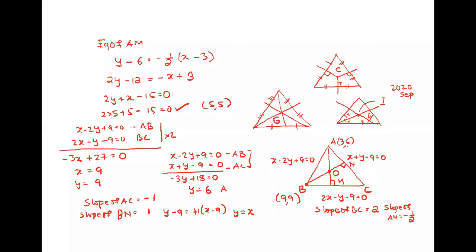How to get the slope in the first case? When you know the slope of BC, can't you find the slope of AM? m1 m2 is equal to minus 1. Slope of BC you know, so slope of AM will be known. Slope of BC is equal to 2, so slope of AM will be minus 1 by 2. You got the AM equation. Similarly, BN equation you can do. Very good. I'll move to the next problem.